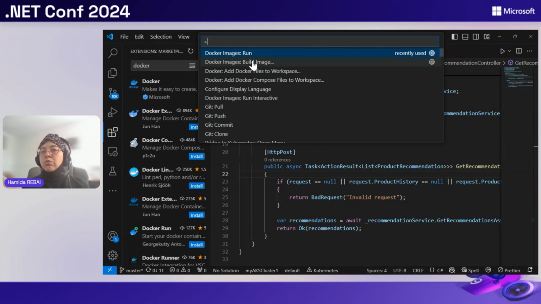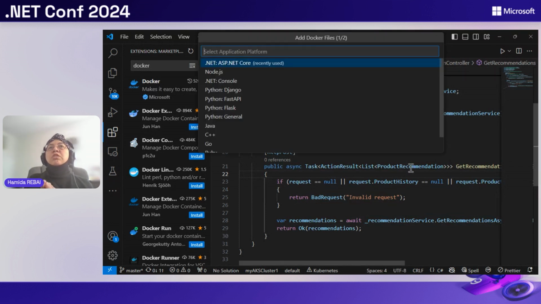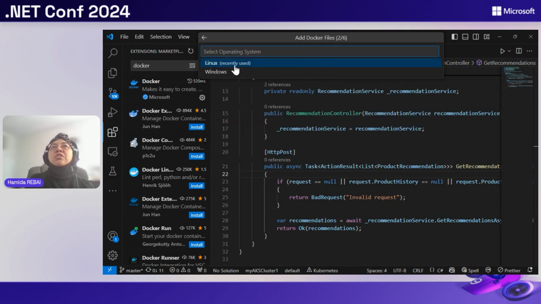And the Dockerfile includes the base image. In our case, we need the SDK of .NET 9, for example. We need the ASP.NET 9 also to integrate it. Let's generate one just to let you see how it works. So here, yes, .NET. So it's really simple. Do you want, for example, to generate it in Linux or Windows? You need to have Docker Desktop installed on your machine. And once it's installed, you can select your operating system.